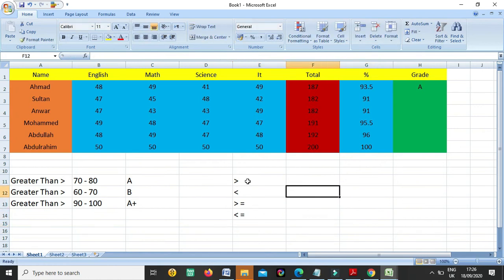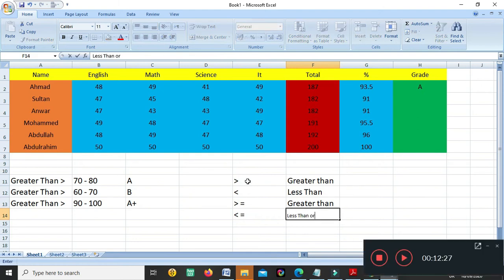Okay, equal to, you know it. So this sign means greater. This sign, greater than and equal to, means suppose somebody has greater than 80 or equal to 80, then what will happen?